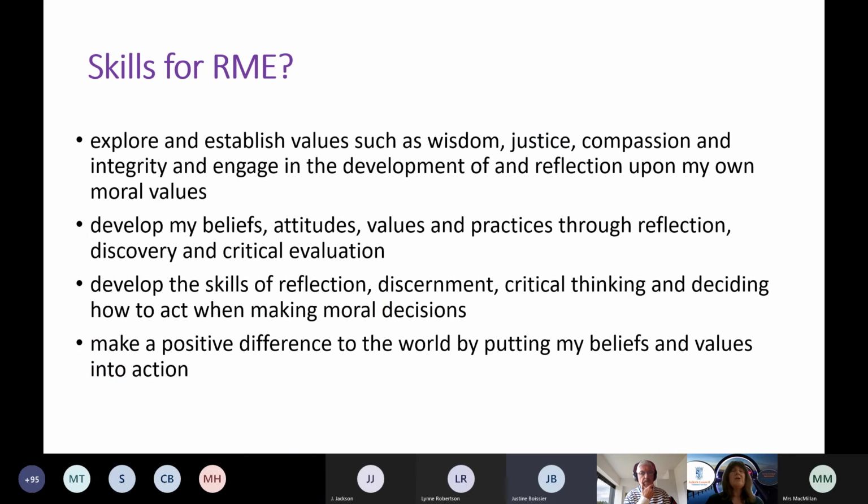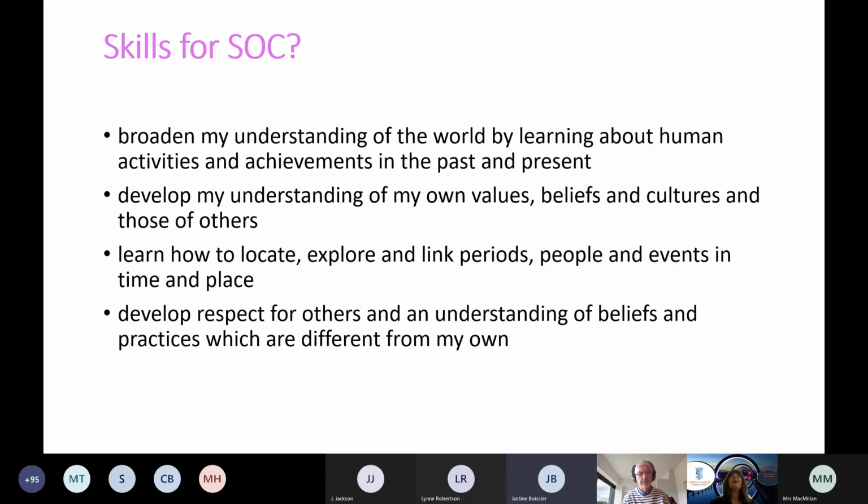And I thought you might be interested in homing in on the particular skills that Carol and her colleagues identified, both in RME. So you can see there's very much a focus on the values such as wisdom, justice, compassion. Then in the next bullet point, the set of skills, developing beliefs, attitudes, and so on. So they identified clear skills within their planning for that particular bundle, both for RME and for social studies.